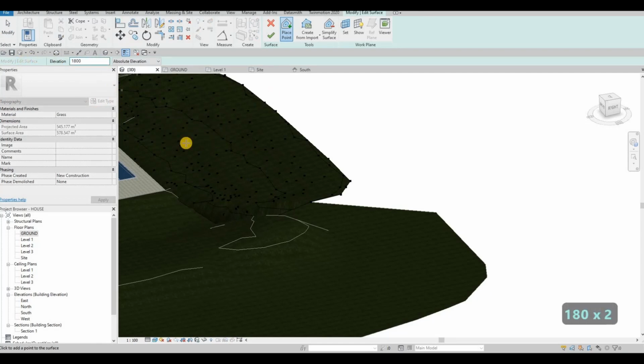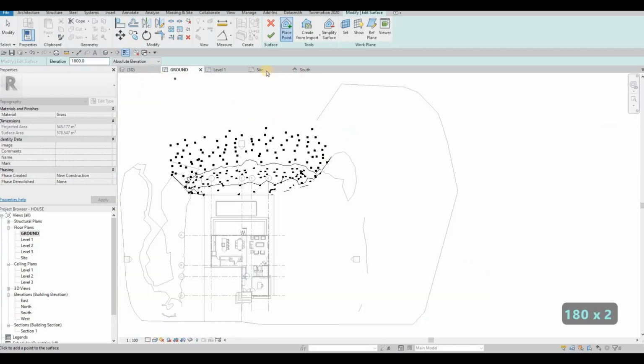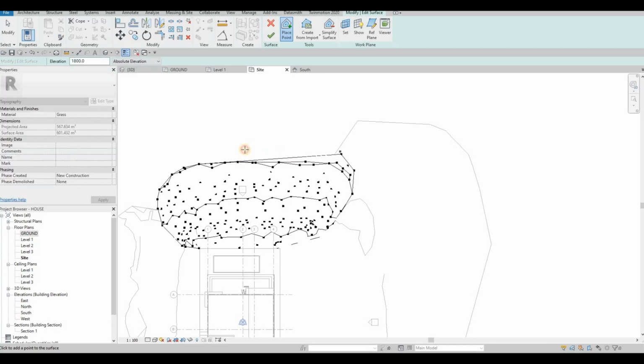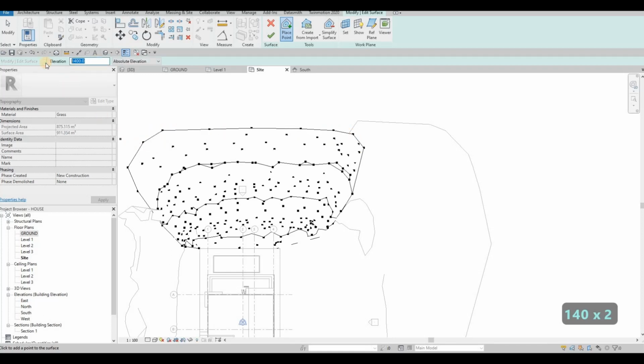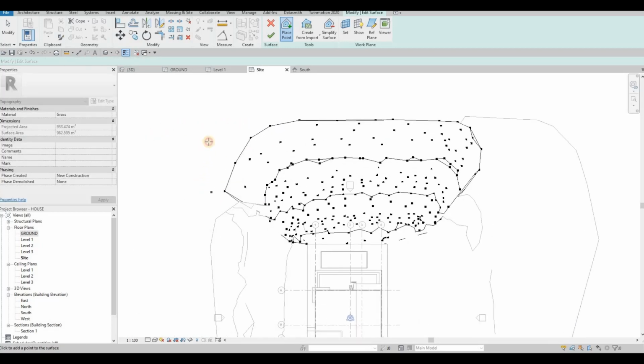So -1800, let's add this, and then -1600 going down, then -1500, -1400, and then here we could put maybe -1000. And then -800,